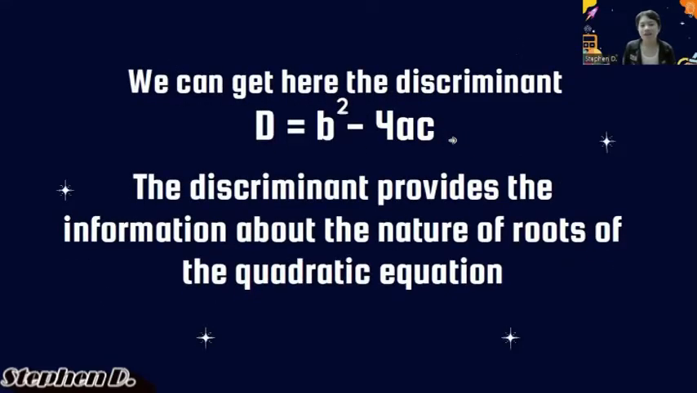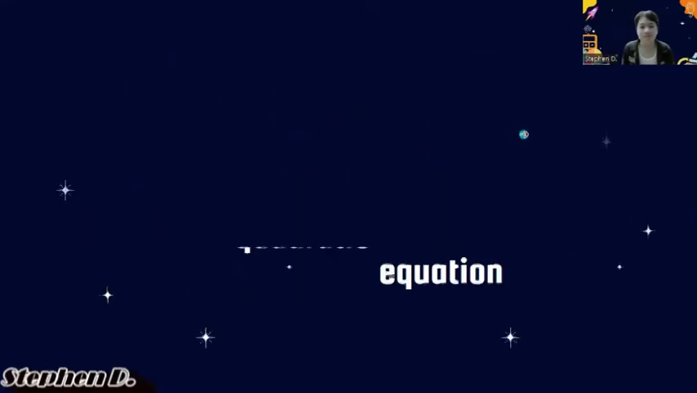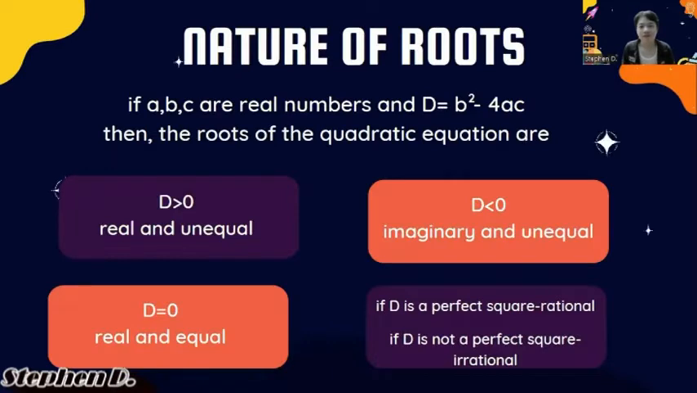So we can get the discriminant. Our formula for the discriminant is D equals b squared minus 4ac. The discriminant provides information about the nature of the roots of the quadratic equation. If a, b, and c are real numbers and D equals b squared minus 4ac, then the roots of the quadratic equation are, when D is greater than 0,